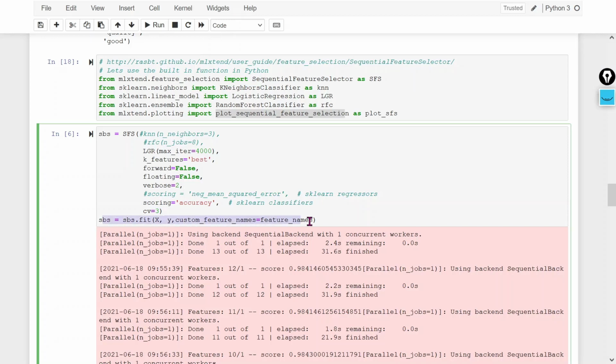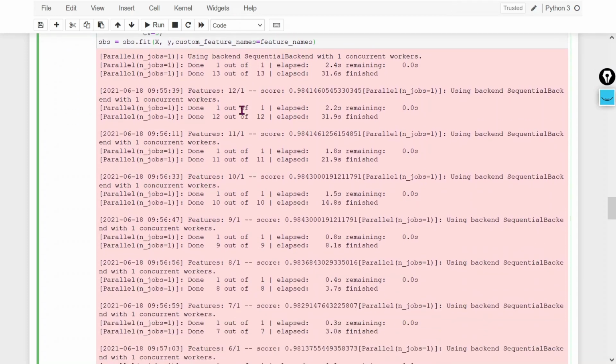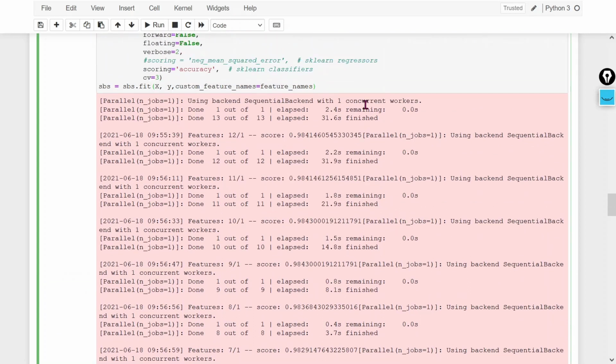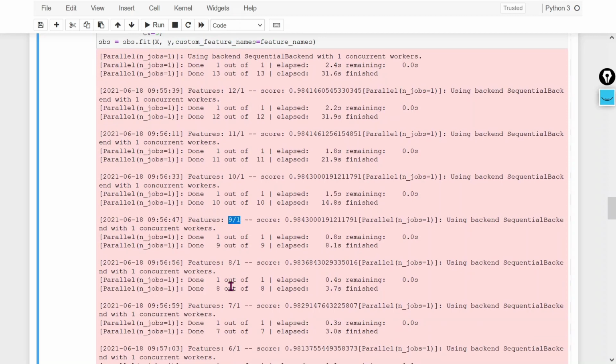Then instantiation, it means fitting the object. Once I run this, I will get this type of output. If you see here, in the first iteration, second iteration, third iteration, it will select all the 12 features, then 11 features, then 10 features, then 9 features, and so on.